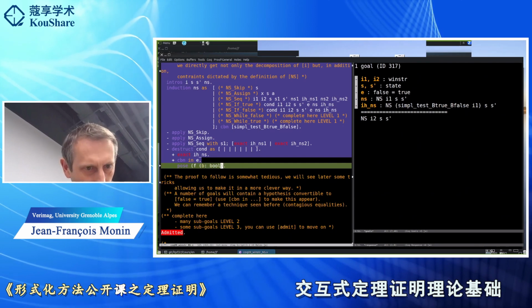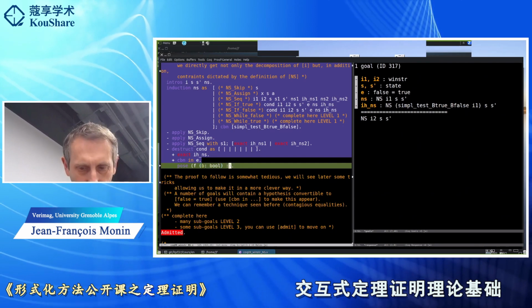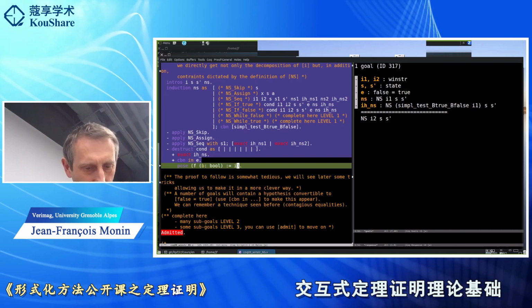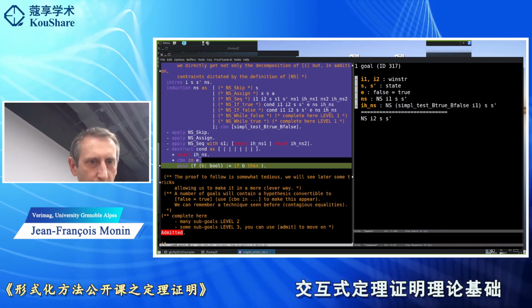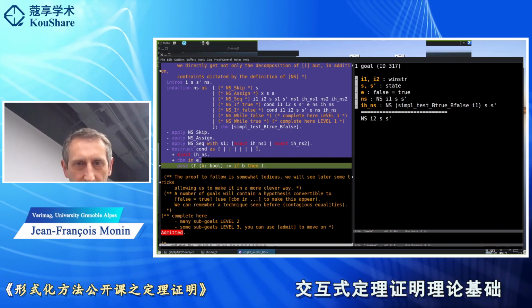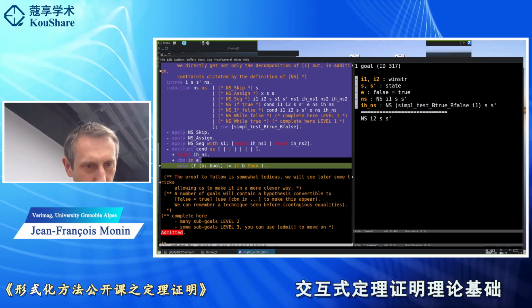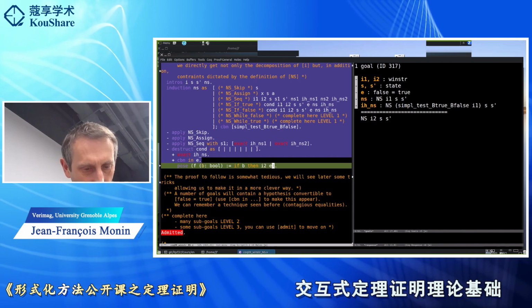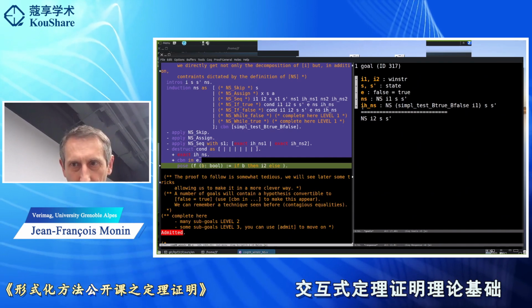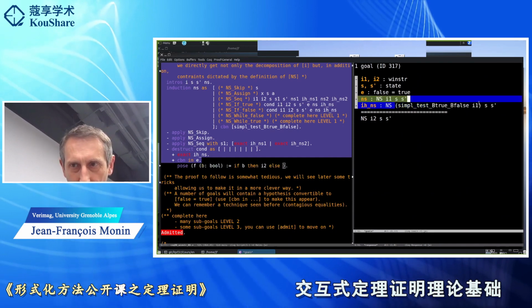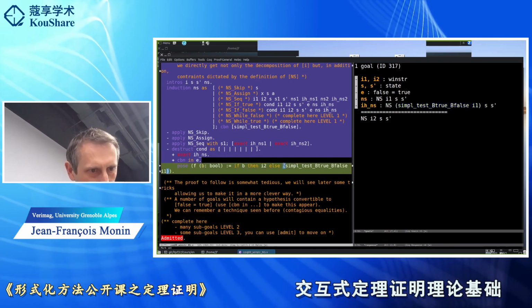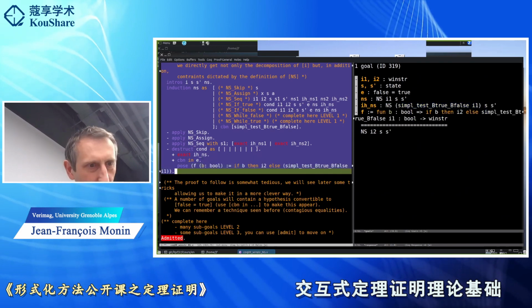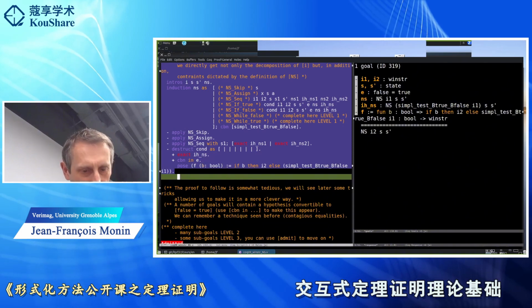So if B is true, say it is I2, for instance. Else, just copy paste this one. Yes, so I can say that this one is actually